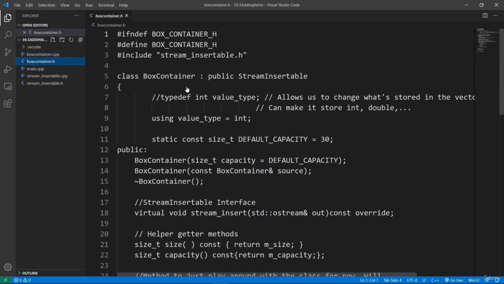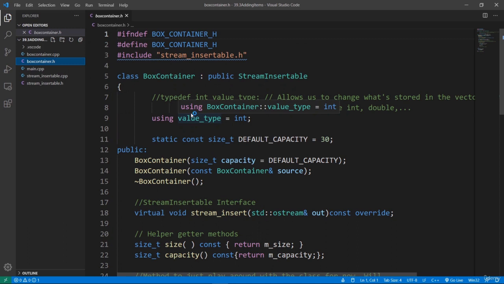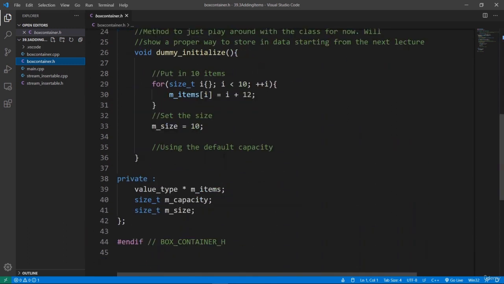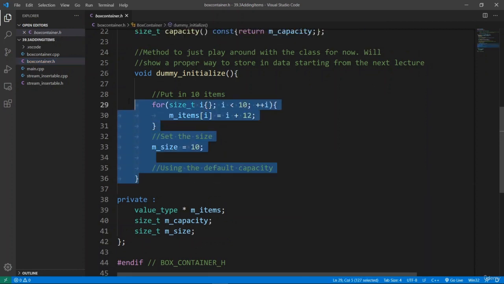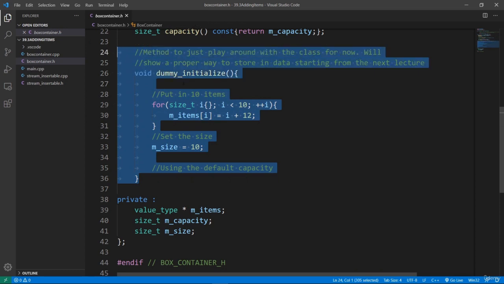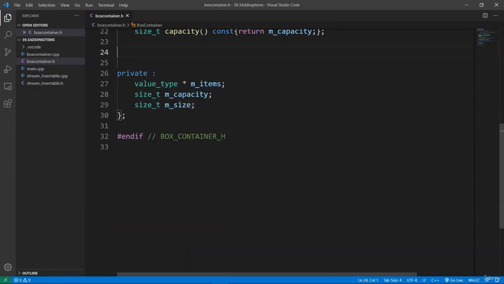We have our box container class like we had in the last lecture, and we want the ability to add items. As we have seen in the slides, we are going to have to add two methods. One is going to be the expand method, which is going to expand the capacity if we have run to maximum capacity in our collection and need to store more elements. And we will also put in an add method, which is going to add an item to the collection and store it in. Because of that, we will no longer need this dummy initialize method because we will have the ability to add items on demand, and this is going to be much more flexible,